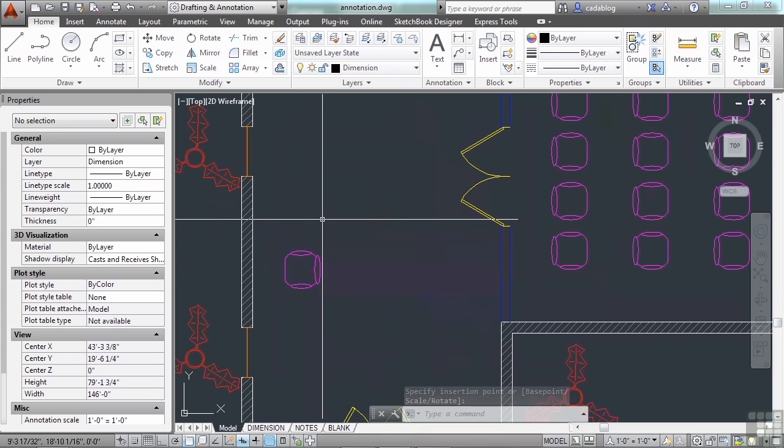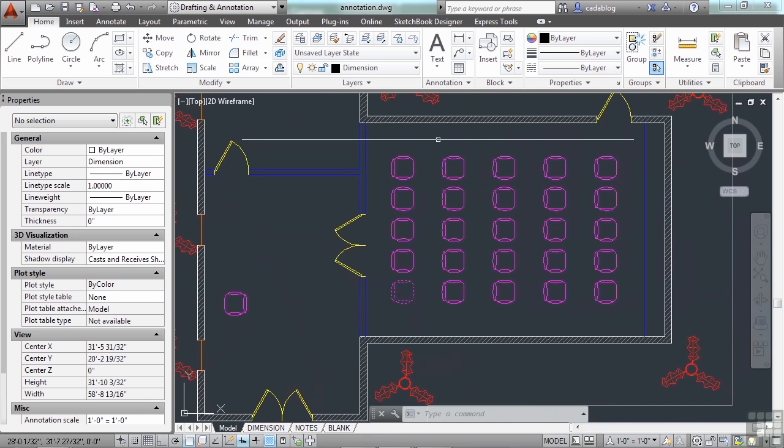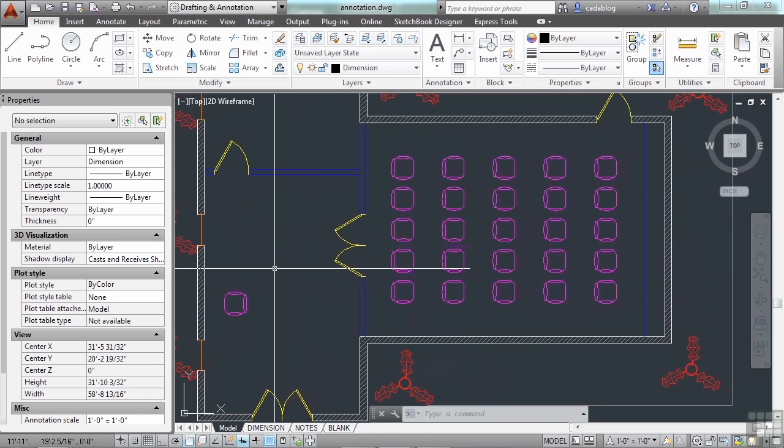Blocks are used to create and change objects very quickly, especially line work that is repeated, just like the line work for this chair. If you need a second type of chair, then you have to make a second chair block. The nice thing about having one chair style is that if I edit the chair block, then every place where we inserted it, for example, throughout this room, all of those chairs will also be updated instantly.